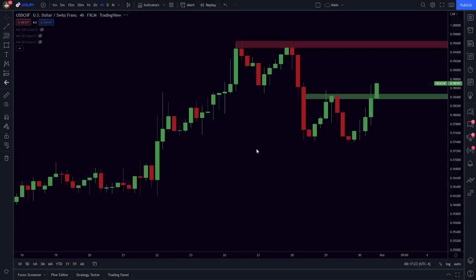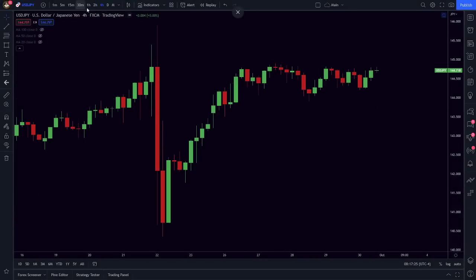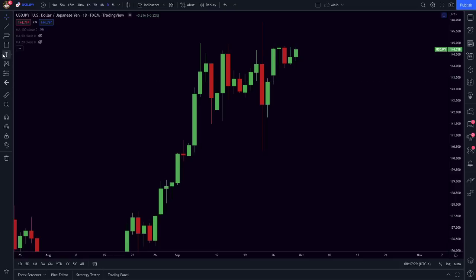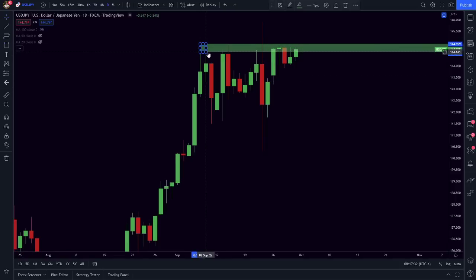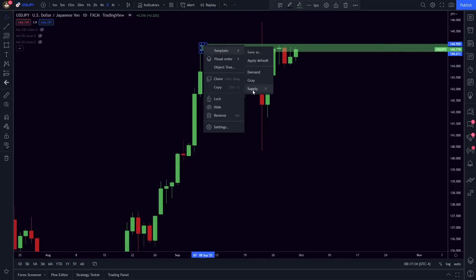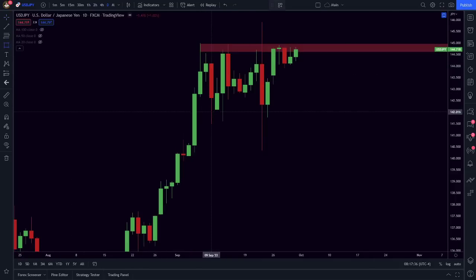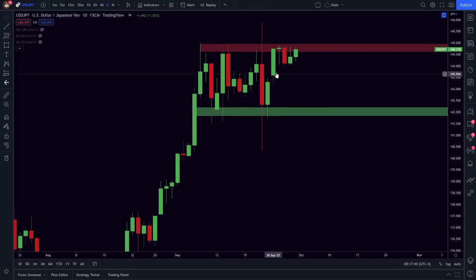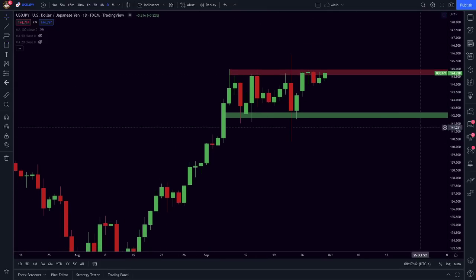Let's take a look at dollar yen as well. Dollar yen stuck at a really key spot, you guys. If you're watching dollar yen, it is very much pegged right up here across the top. So we have supply there, but we also have very strong demand just below price. So we're kind of just watching to see where this thing breaks. Right now, it looks very, very close to trying to make a break and run for the upside there,